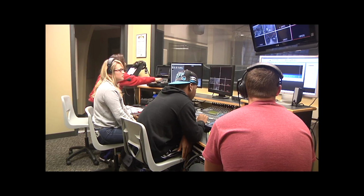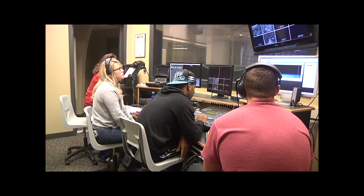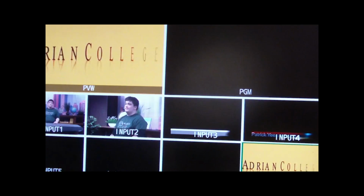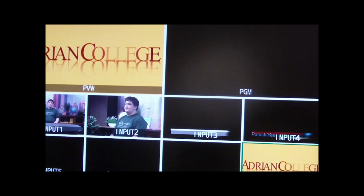Roll open. Upon hearing the command, the person operating the equipment playing the opening sequence starts it playing. At this point, the director is watching the source monitors, waiting for the video to appear. When the director sees the video appear in the source monitor, they give the next part of the command sequence,